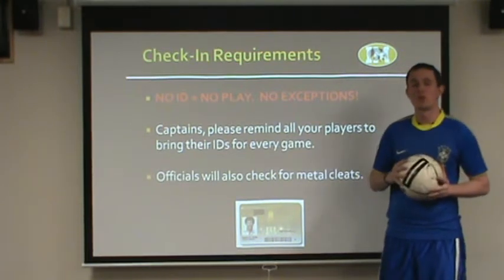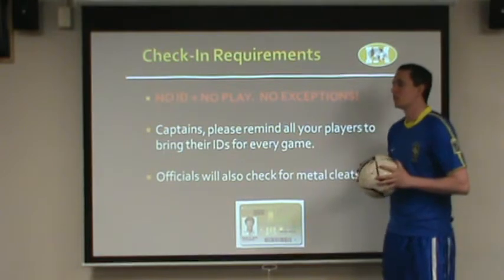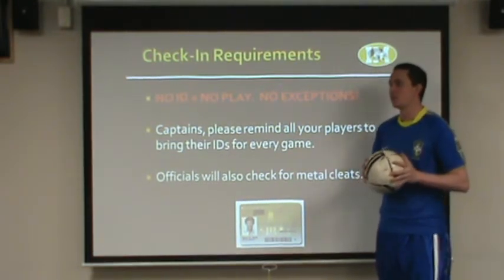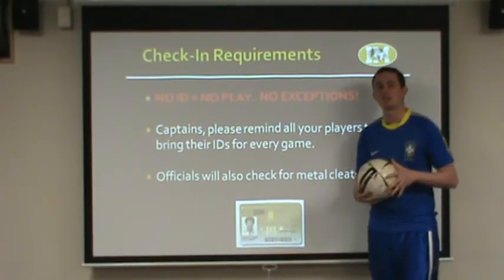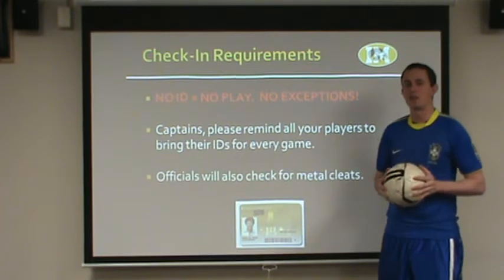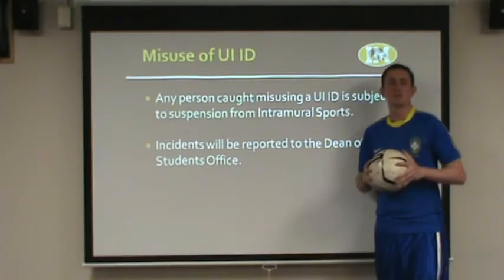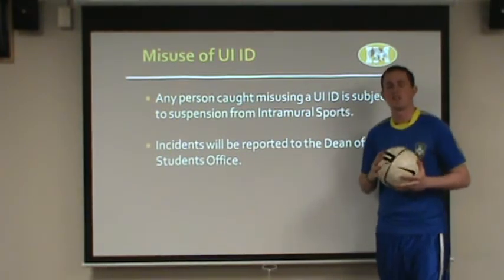No ID equals no play. No exceptions to this, so make sure, captains, that you are reminding your players to bring their university IDs for every game if they want to be able to play. Officials during ID checks will also be checking for metal cleats, as metal cleats are not permitted in our outdoor soccer leagues. Anyone caught misusing a University of Iowa ID, if I try to sign in using Mike's ID,